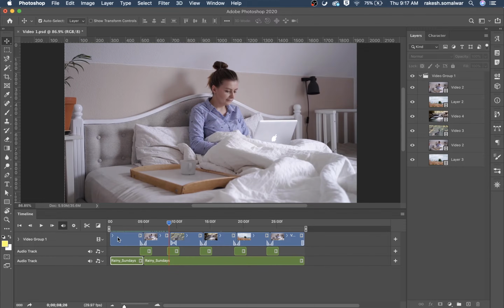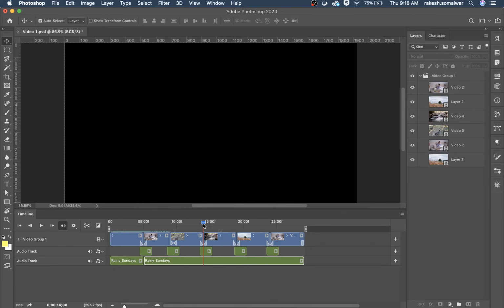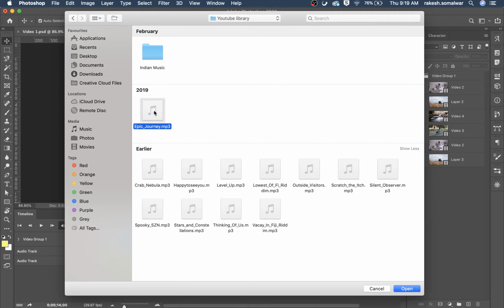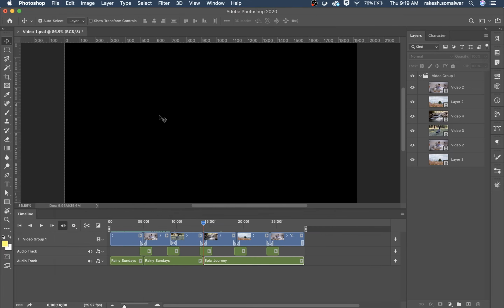So like this way you can add audio clips. Same thing, I just replace this audio clip with the third music. I'm using another audio from the same YouTube library. Just open and keep it the same. This one goes fade out 1 second, okay, 30, and this one fades in from 1 second. Do the same thing to this clip also.